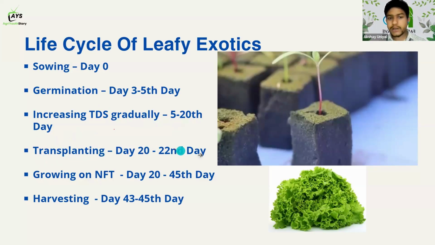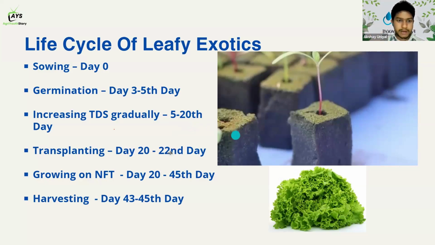Now from day 20 to 27, obviously this is all typical. It will be different for basil, different for rosemary, different for all types of spinaches. It will vary a little bit, but this is a typical life cycle. So from the 20th to 22nd day, for a typical leafy exotic green, they will transplant it into the main NFT channel or main DWC culture or main system, where the actual